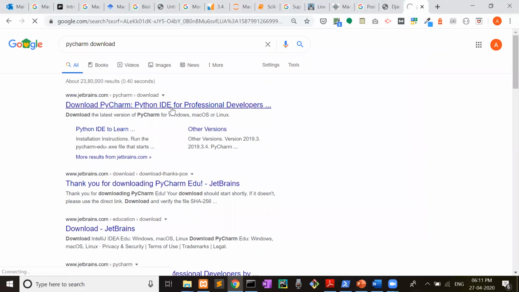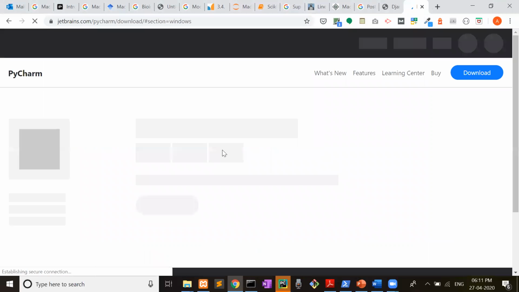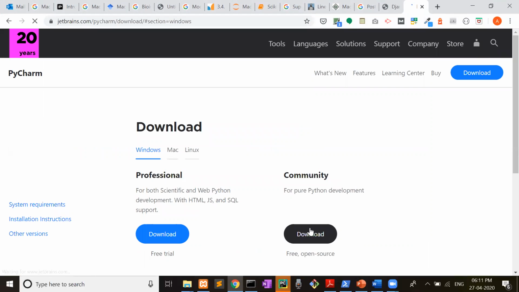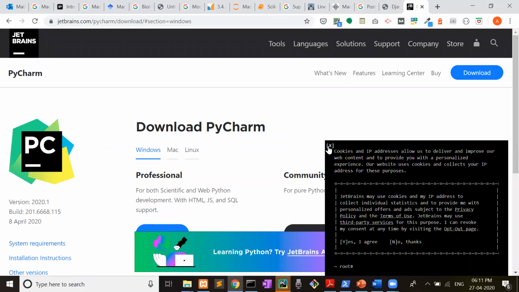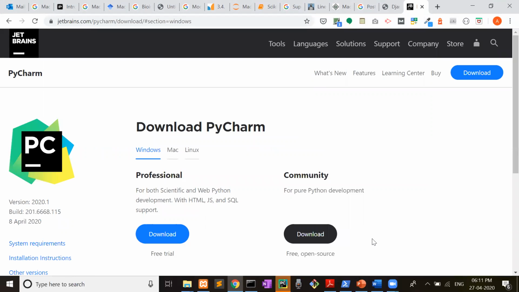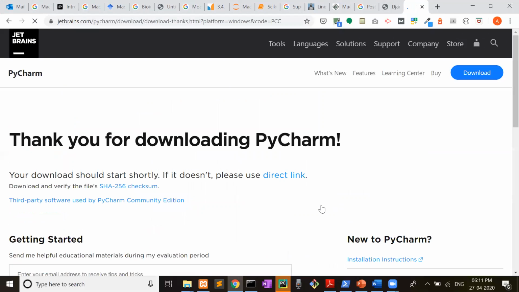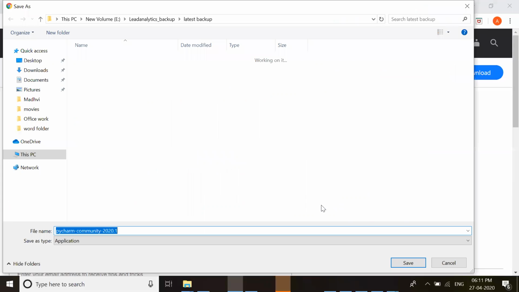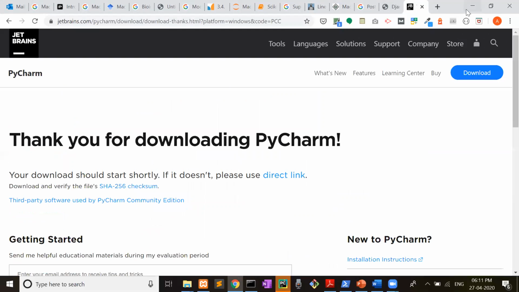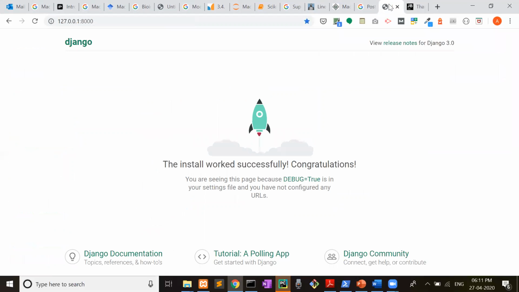Click here and then you will get two editions, professional and community. You have to download this community edition and then install it. As I have already downloaded it, I don't need this. Similarly, Python also. Python download.